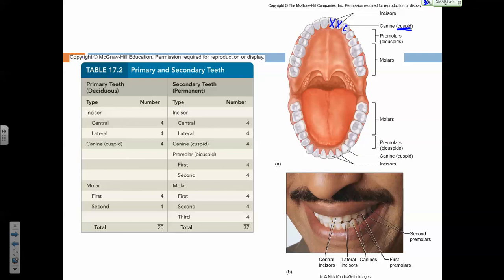And then the premolars or bicuspids, I'll just put P for premolars. You have 2 of those on each side of each jaw, and they're designed more for grinding. And then the molars, you have 3 of those if you have a complete set on each side of each jaw. Your wisdom teeth would be the 3rd set of molars. And you are